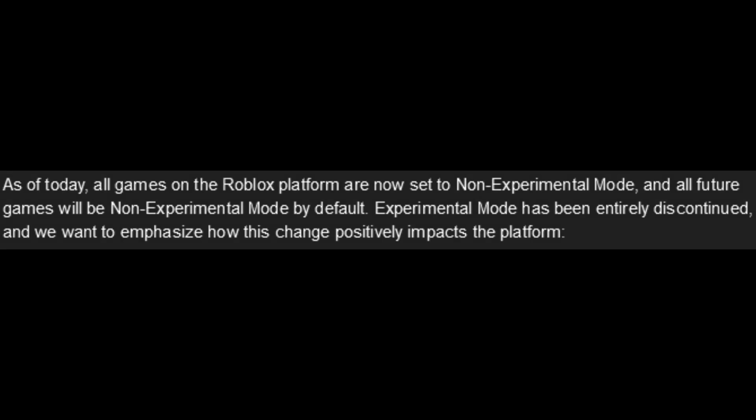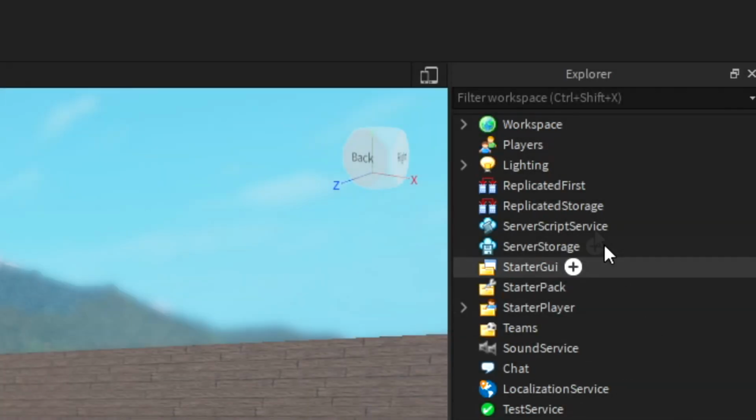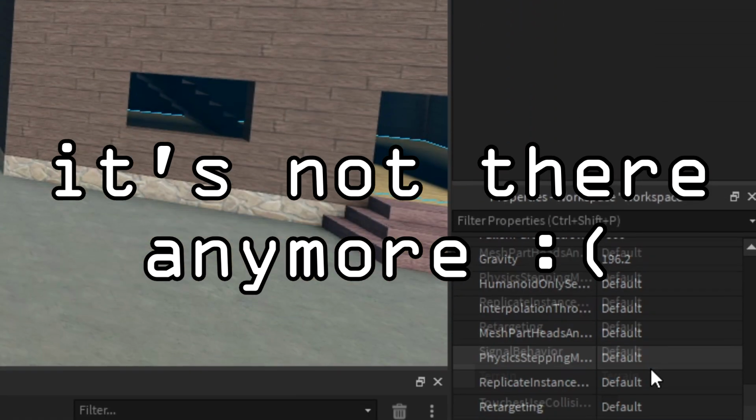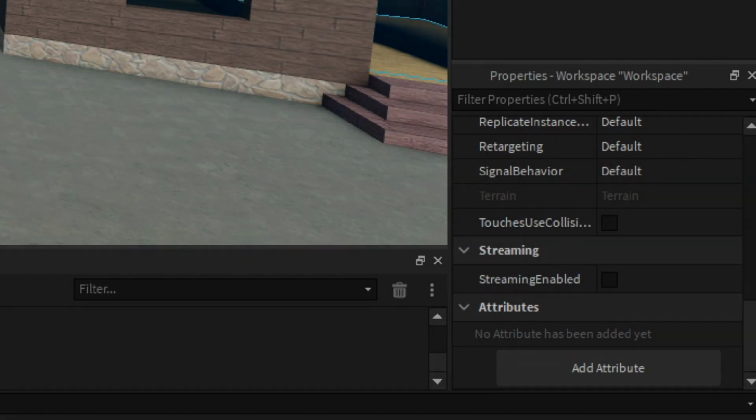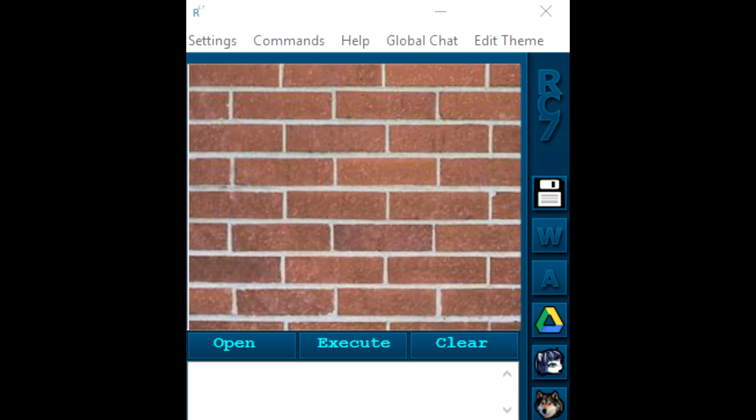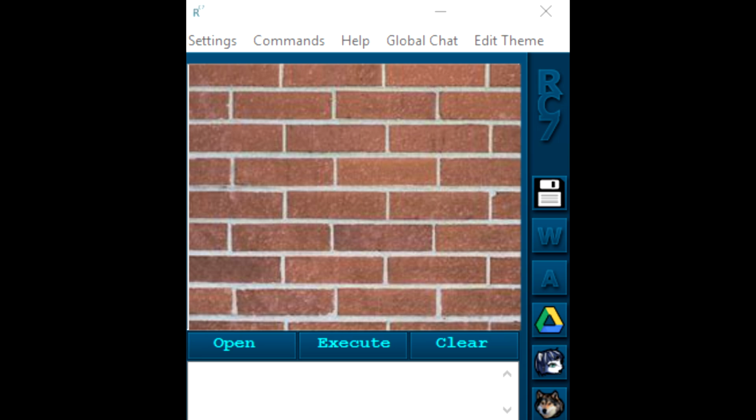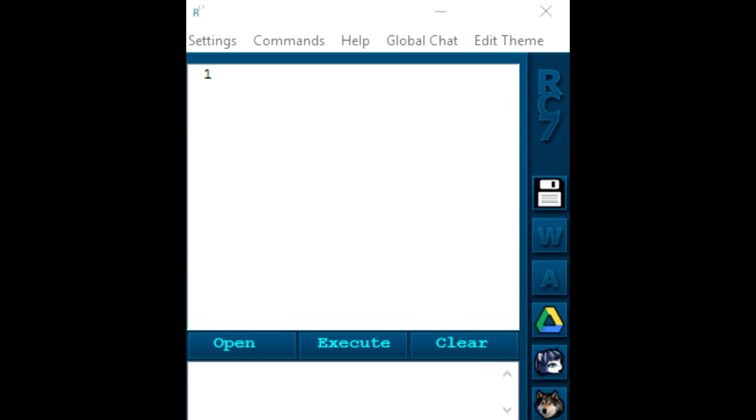Just some background on the term quote-unquote FE. Filtering enabled is basically something that you at least used to be able to choose between having checked in the workspace or unchecked. When it was unchecked, it basically meant that the client had unchecked ability to manipulate things on the server side. And of course, if Roblox could successfully patch and block exploits that abuse this vulnerability, there'd be no problem. But the thing is that stopping exploiting and cheating is always a cat and mouse game, and the mouse usually wins more often than not.